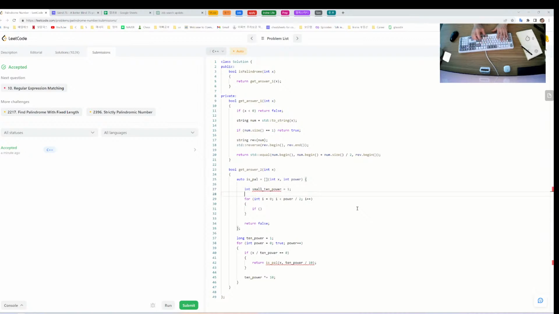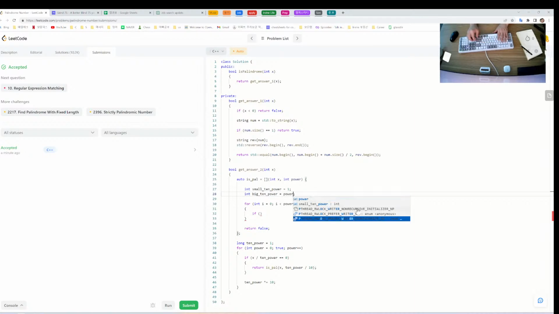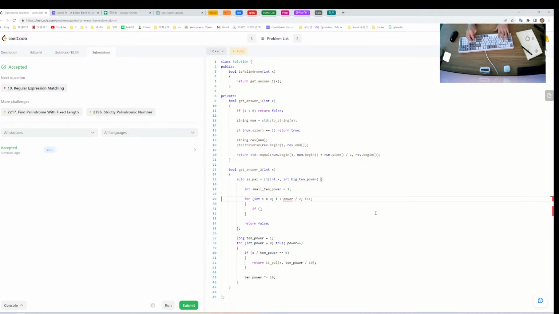So int small 10 power starts from 1, int big 10 power is power, let's call it big 10 power. It's not a very good name, but anyways. So let's do this, true, because let me refactor this later. So what we're gonna do is